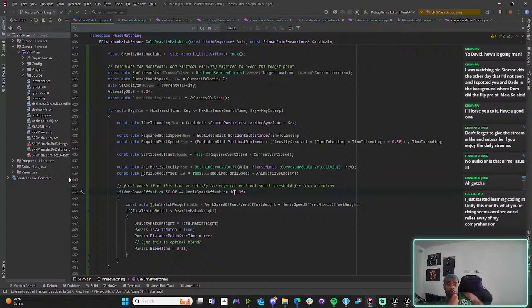Ooh, we can use the current horizontal speed to dictate how long. And then once we know how long,